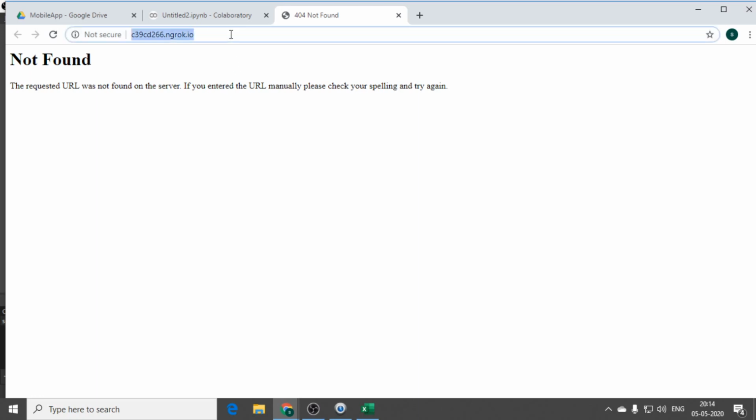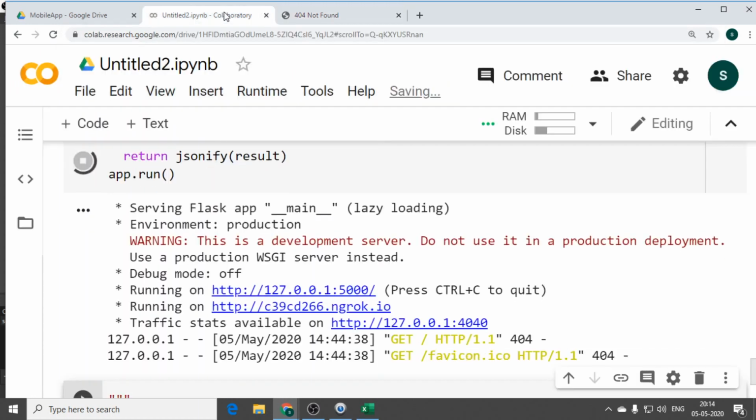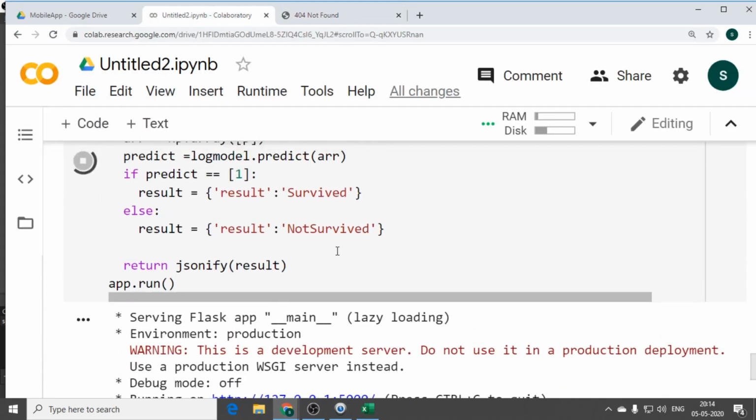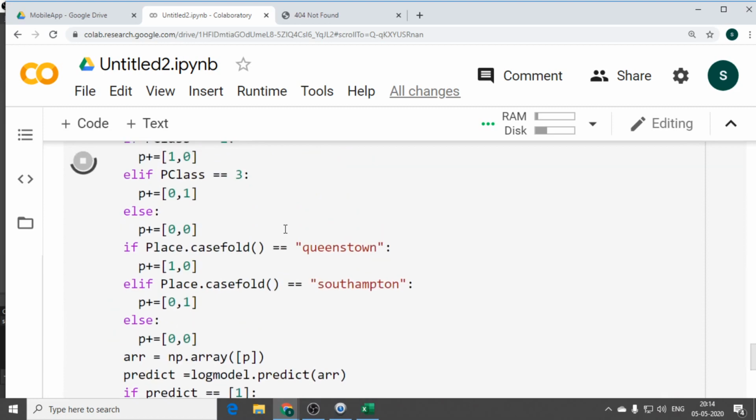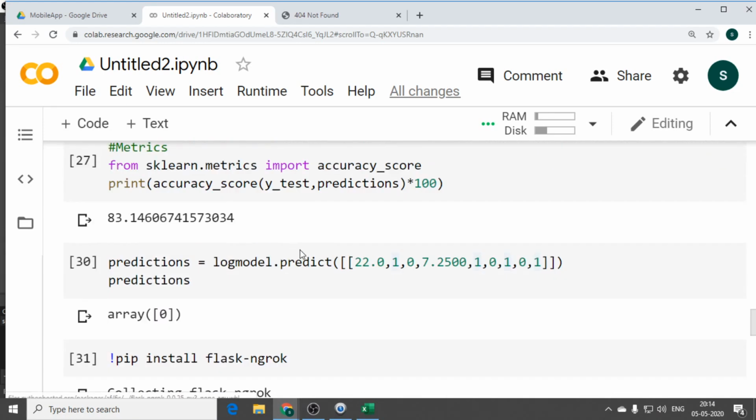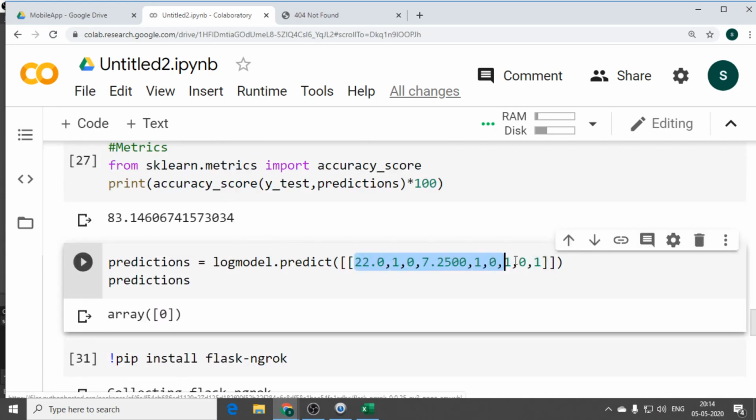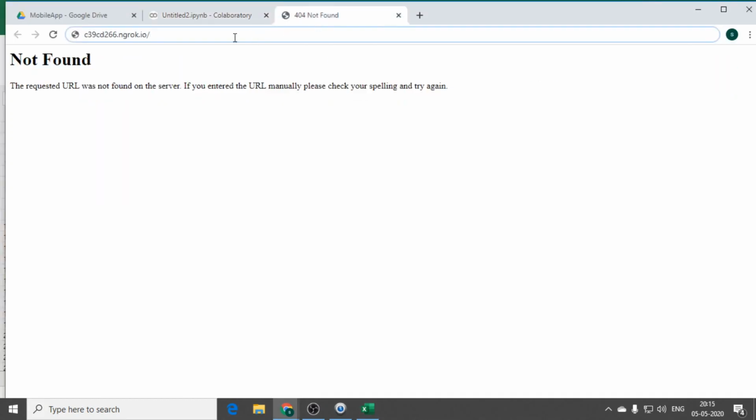Now what is your target? You need to give each and every input according to the given format. Suppose if I want to get a different output, I need to change the gender and the place. I should not type the same thing.